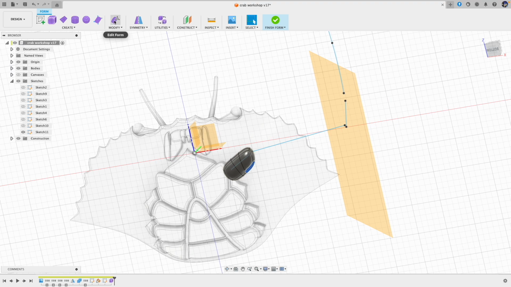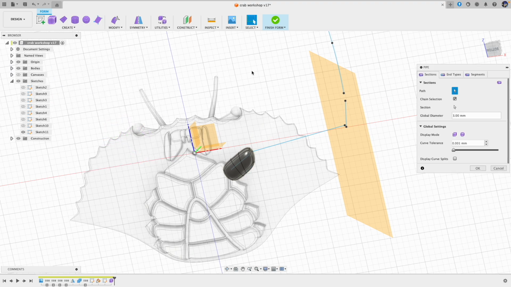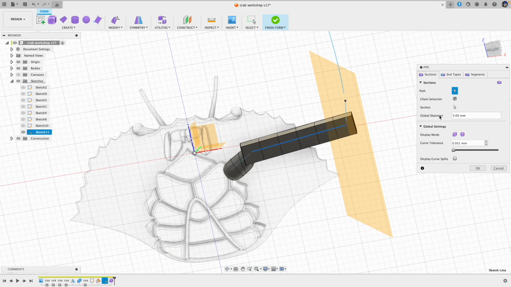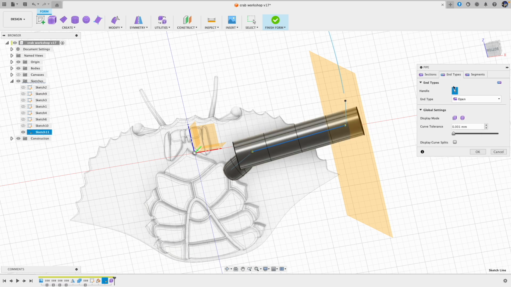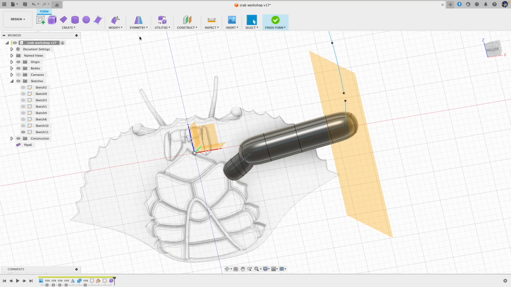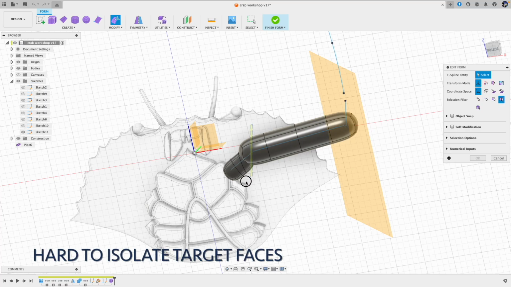And the next one, create pipe form. This will be a little bit bigger. 5, and type square, and a little bit too long. Then we come here and adjust it. Oh, I don't want that part to be selected. So